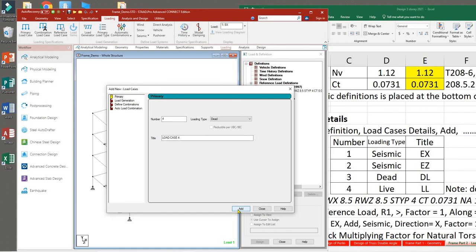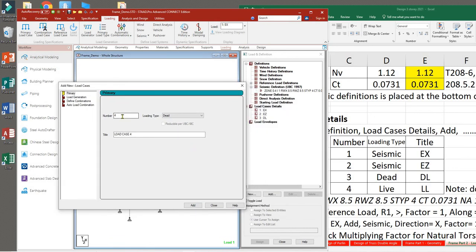In some cases, ang dead, dalawa yan, ano? DL roof, tsaka DL. Merong dead load para sa roof, tapos meron ding dead load for the superimposed, and then meron ding dead load due to self-weight only. Okay? But for this structure, isa lang ang ating dead. Halo-halo na dyan. Nakasali na dyan yung self-weight, yung superimposed dead loads. Okay? So, we now click